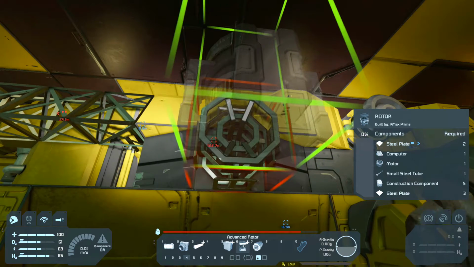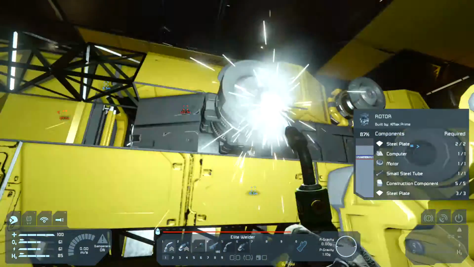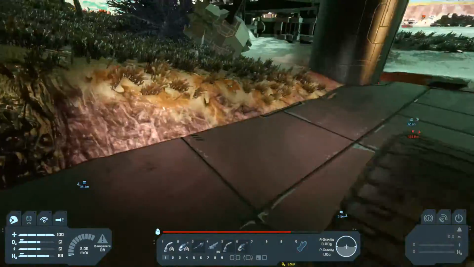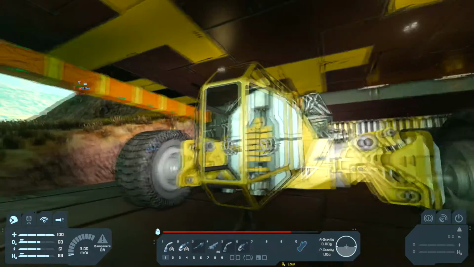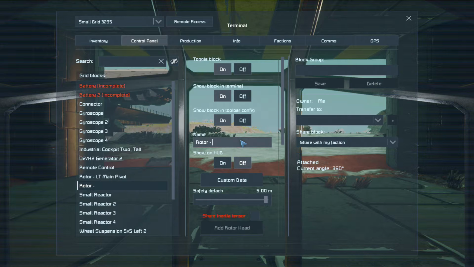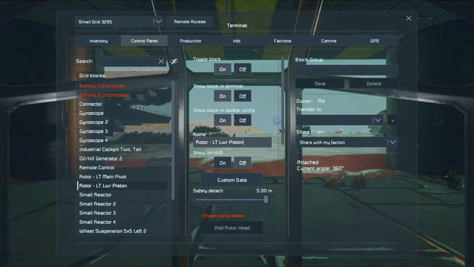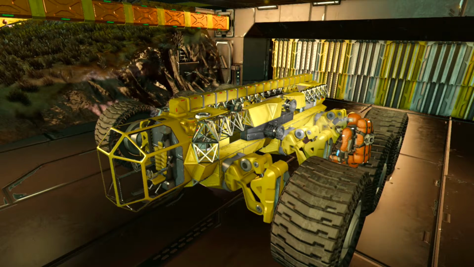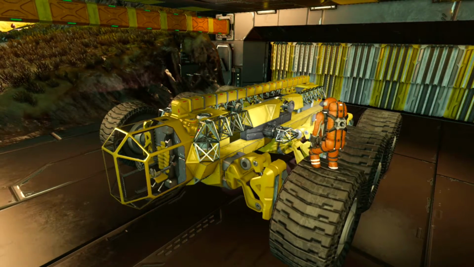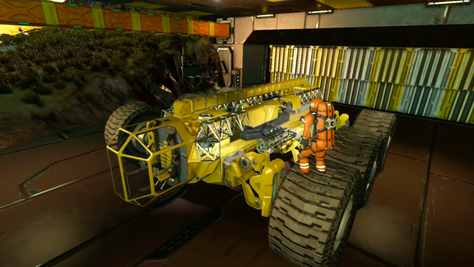Sure, that's still at 0 there. Yep. Okay. So now what I want to do is I'm going to name that one. No fuel. Lower piston. I'll set that to that. And then